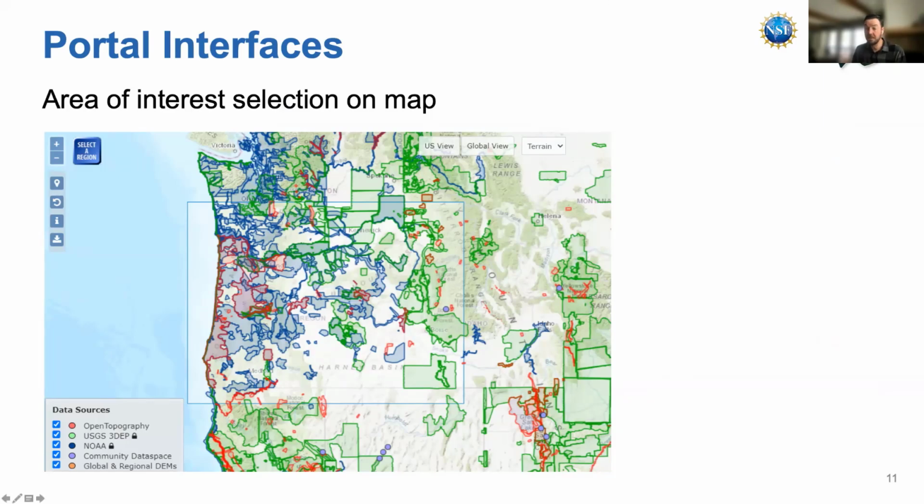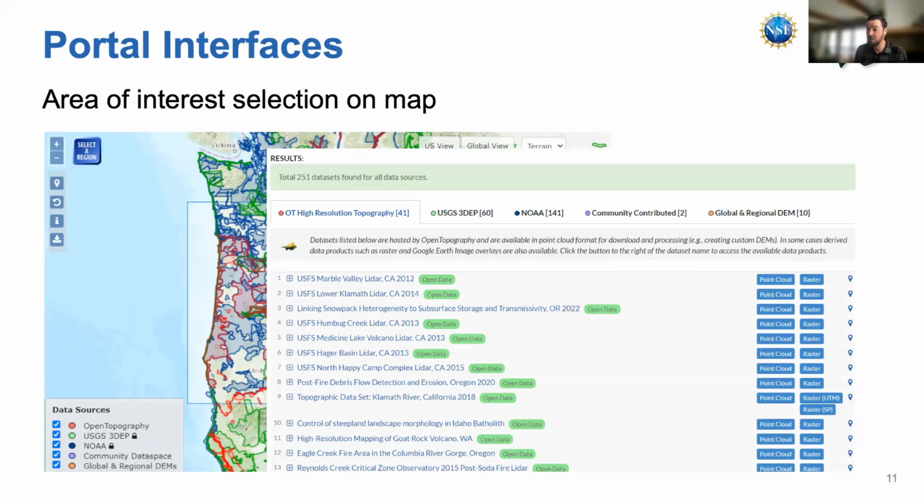So this is how OpenTopography works in a simple way through the web browser. You can zoom in through an interactive map. You can use that select a region button in the upper left and see what data sets exist. You get a pop-up below the map that shows you the sources of data sort of categorized by where they're